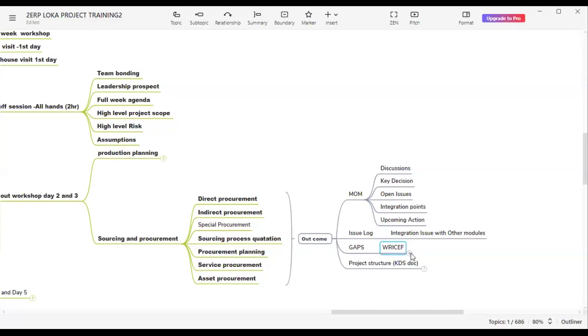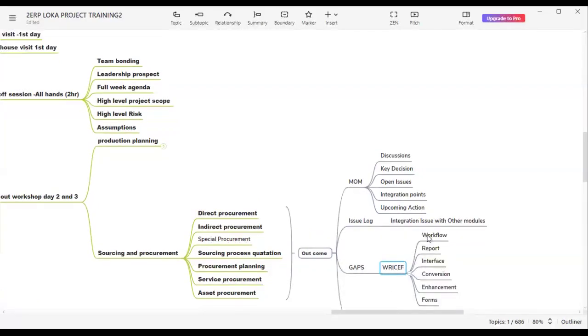W is nothing but workflow. Okay, let me take it this way. We have spoken regarding the release strategy. Whenever a document is created, someone should approve it.